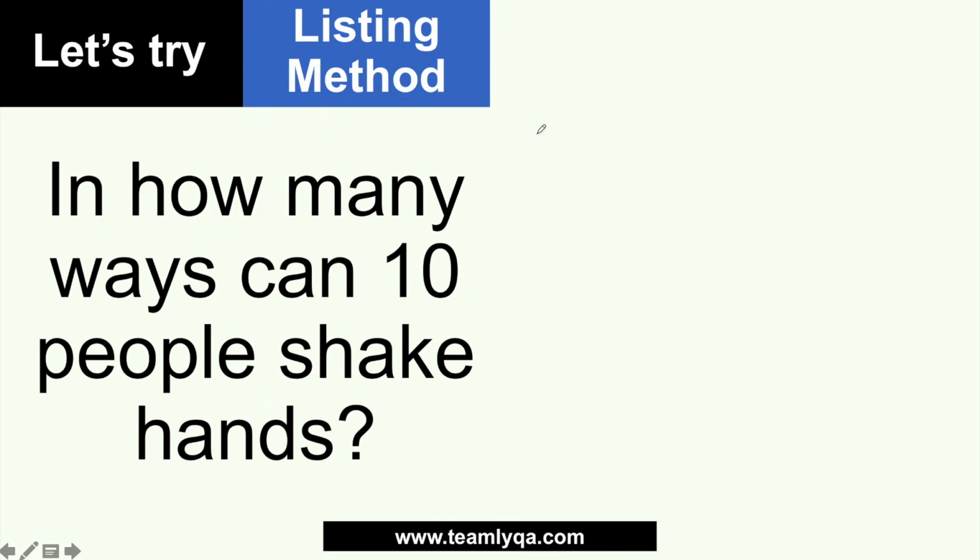Ililista mo yung 10 tao na yon. So, for example, A, B, C, D. So, 4 na yan. E, 5. F, G, H. Ilan na yan? 8. I, J. Okay? So, you have 10 people here. 1, 2, 3, 4, 5, 6, 7, 8, 9, 10 people. And then, the next thing that you're going to do, if we're talking about listing method, is iisa-isahin mo ngayon